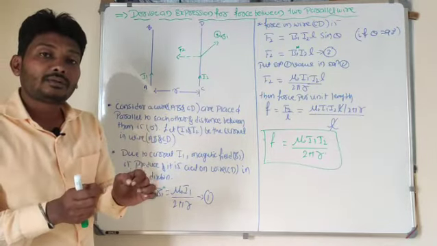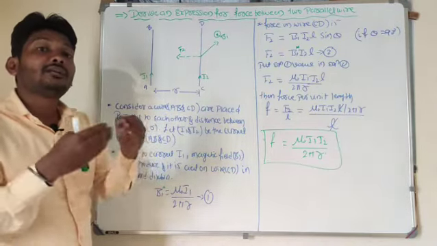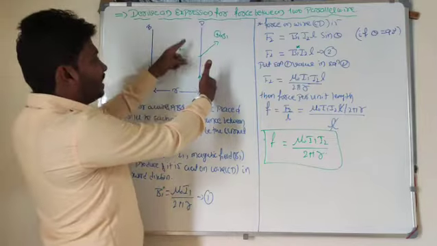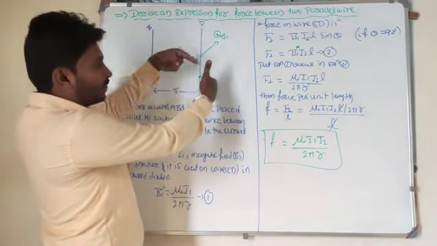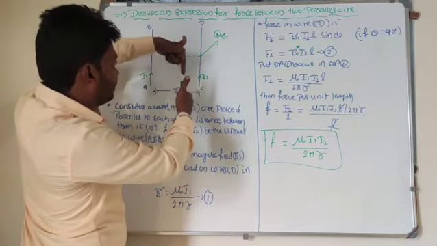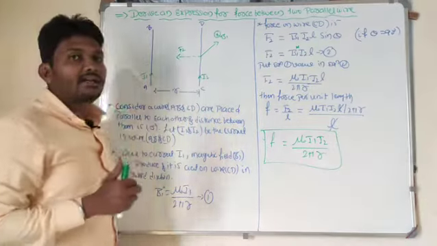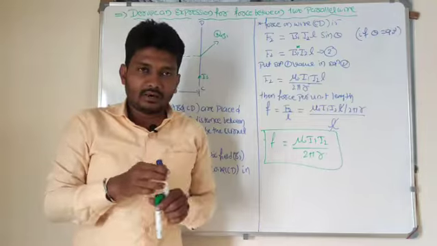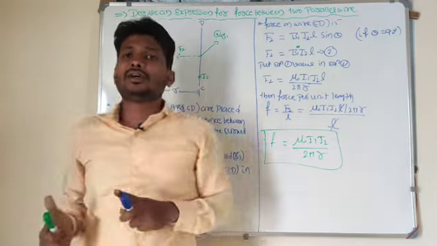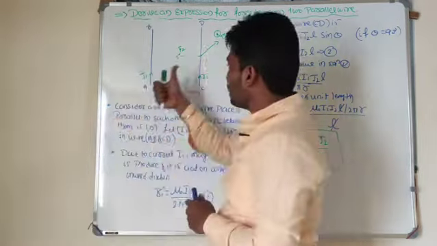Now I have to find out in which direction the magnetic field B2 acts on the wire AB. So again the right hand thumb rule. This is the direction of the current, current I2 flowing here. This is the direction of the magnetic field, which is acting in the outward direction. According to the right hand thumb rule, current I2 is flowing, so the folded fingers indicate the direction of the magnetic field.